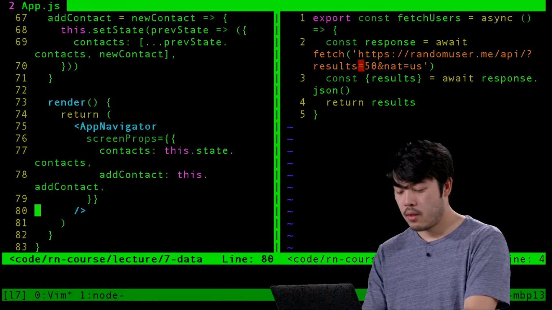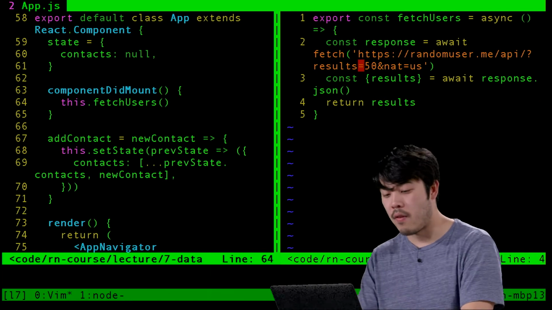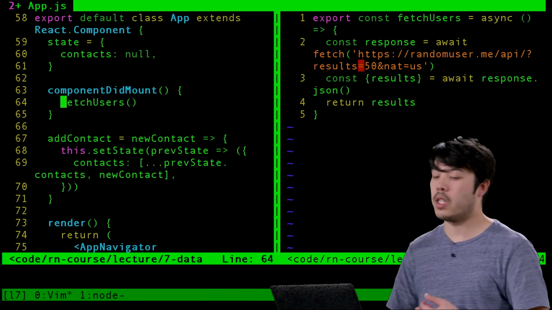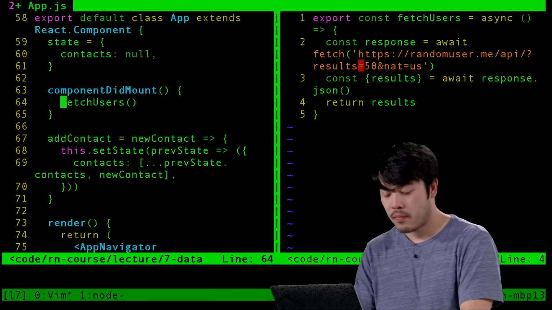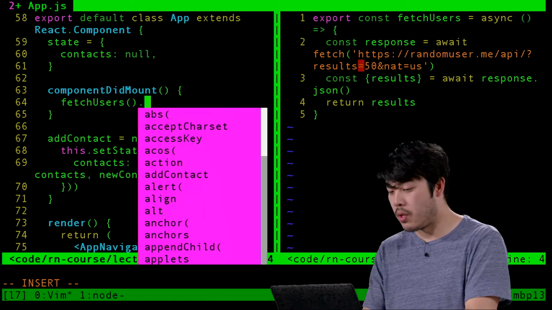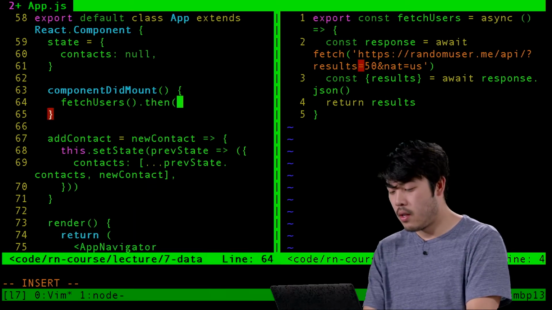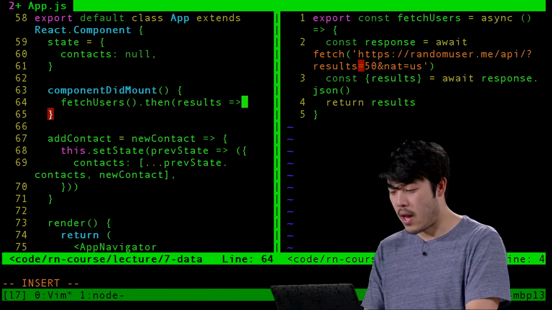Well, in componentDidMount. So now it's no longer this.fetchUsers. Now what we want to do is fetchUsers. And since this returns results, we could either do .then, use these results and set the state with it,